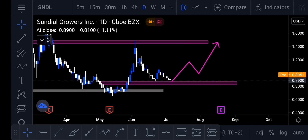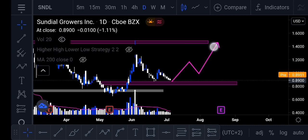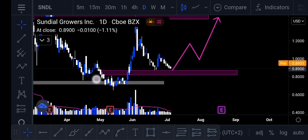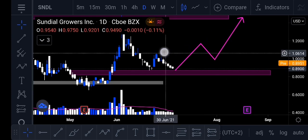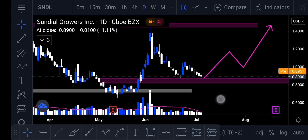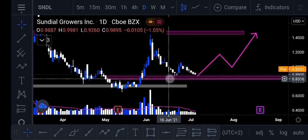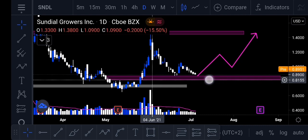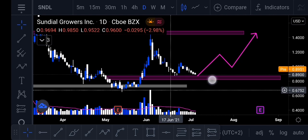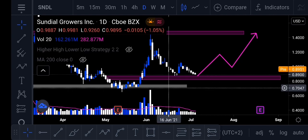Let's talk about the volume. You can see that volume is just below the moving average. Okay, we have been below the moving average ever since the 4th of June, because on the 4th of June we just pushed to the downside, and on that day we were down 15%. Then from there on we have been below the average, the daily trading average, and the daily average is right around